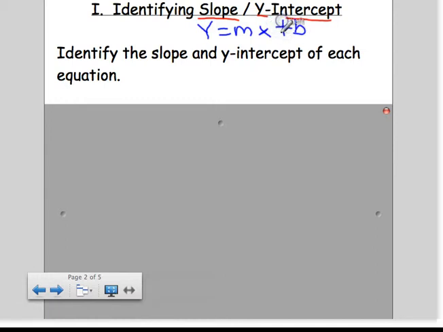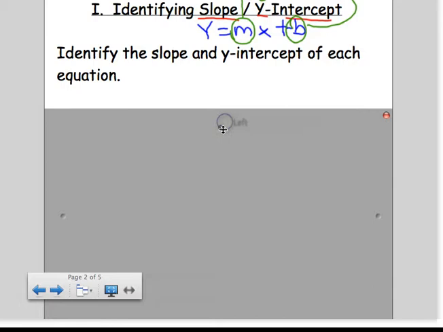The reason it's valuable when it's in this form is that if you're looking at the equation, you know that the coefficient of x, the number in front of the x, is the slope, and you know that the constant, the number by itself, is the y-intercept. And those two pieces of information are enough to graph the line. So, starting with